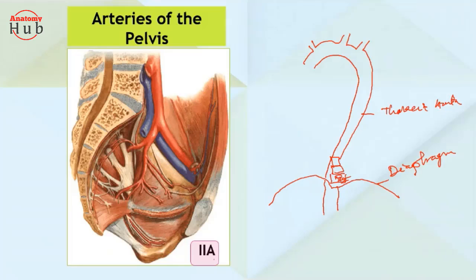So at this region, at the level of your L1 level, you will find an artery. So this is your what? Your celiac artery. Now, from this celiac artery, you will find the splenic artery. From this celiac artery, you will get the left gastric artery. You'll get the right gastric artery, you'll get the common hepatic artery, right? All these things. Then just below that, there will be the superior mesenteric artery. Then below that, you will find the inferior mesenteric artery. So these are the branches of your abdominal aorta, right?